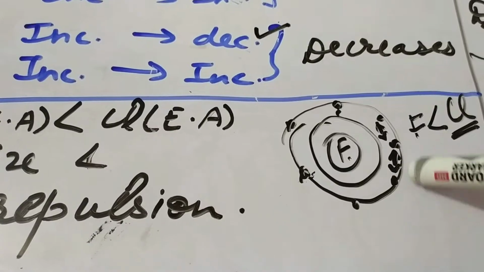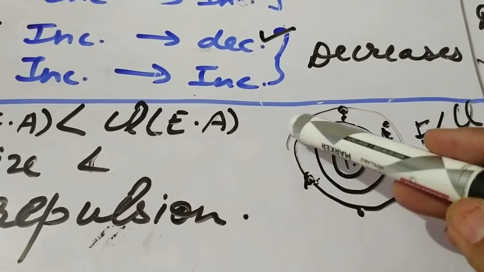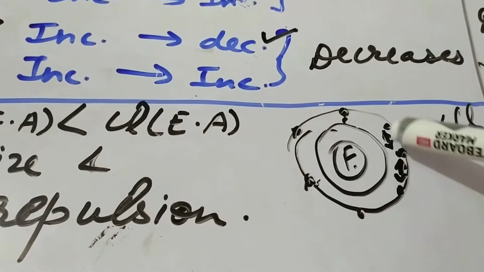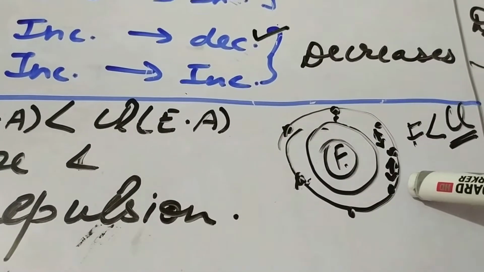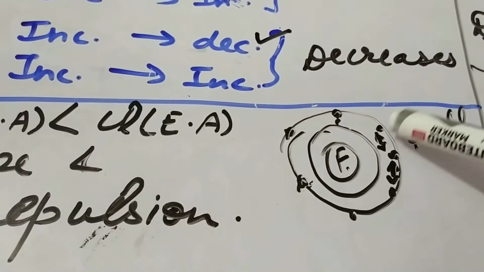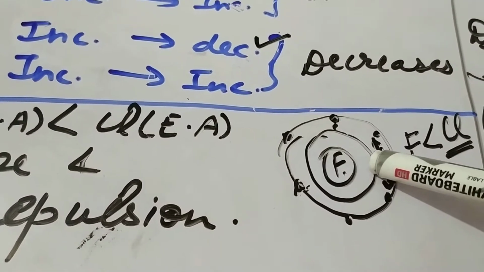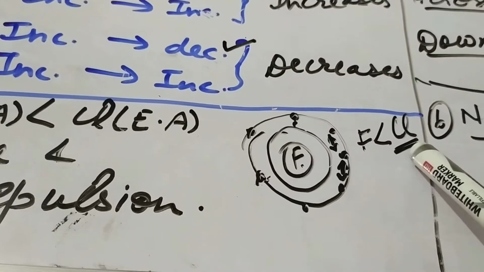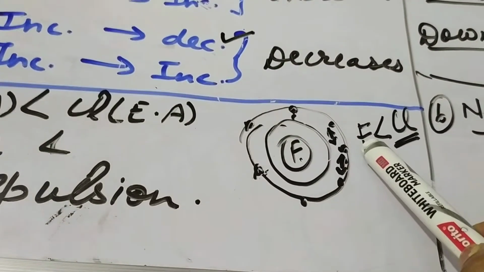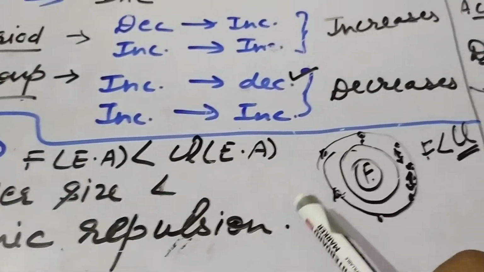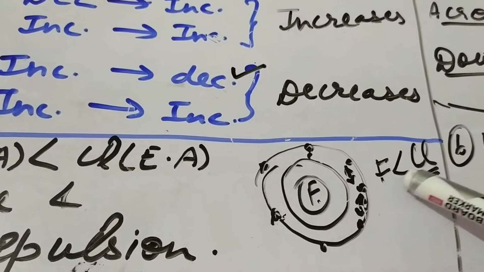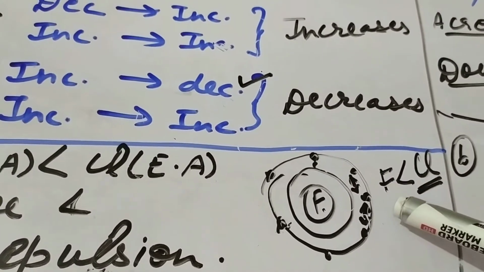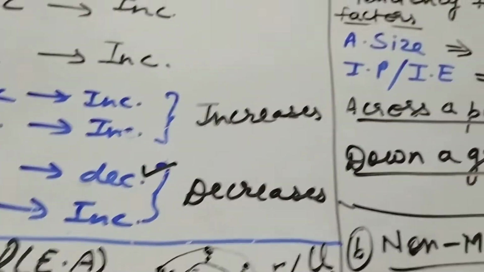Because the size is very compact, these electrons will repel among themselves, that is inter-electronic repulsion is there, and because of more inter-electronic repulsion it prevents an electron from entering its valence shell. Therefore chlorine accepts the electron more easily as compared to fluorine, because fluorine has lesser size and due to inter-electronic repulsion it does not accept an electron readily, and therefore the electron affinity of fluorine is less than that of chlorine. So this is an exception and also a reasoning part which is most frequently asked in the papers.